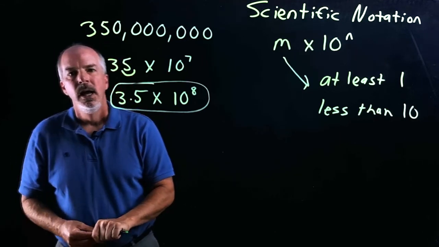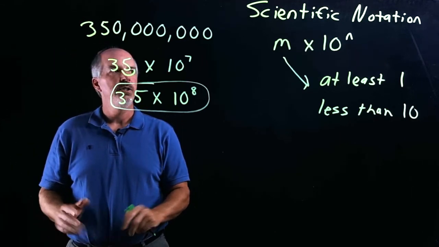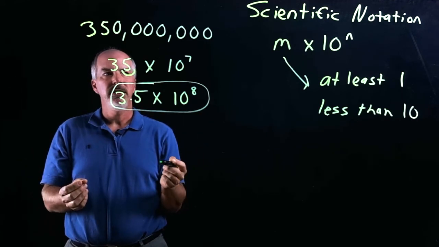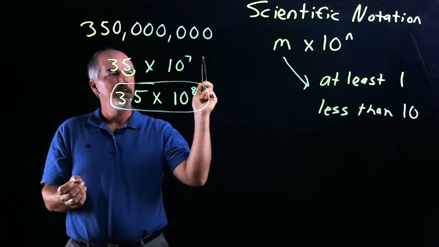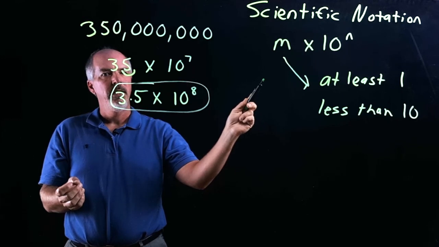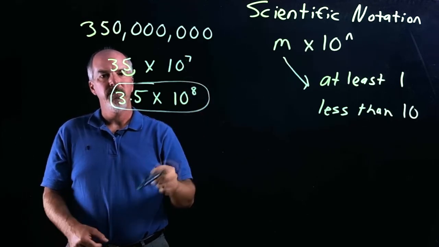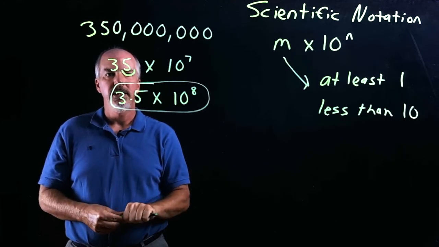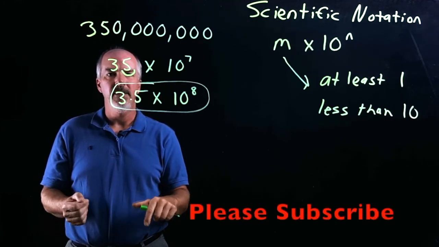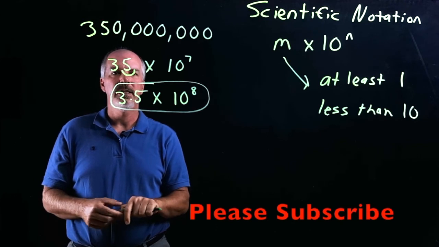Okay, I hope you enjoyed this video. So we had an introduction to scientific notation. We converted from standard to scientific, and we converted from scientific to standard. We used positive exponents and we used negative exponents. All right, in a future video we'll be using the operations, addition, subtraction, multiplication, and division